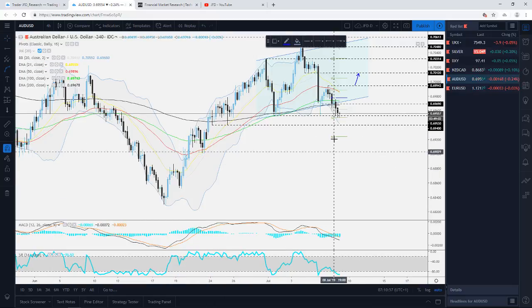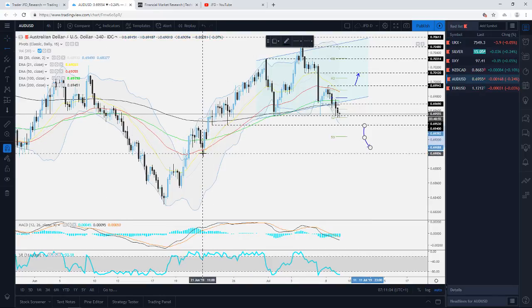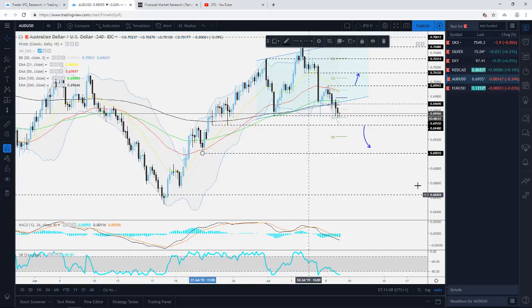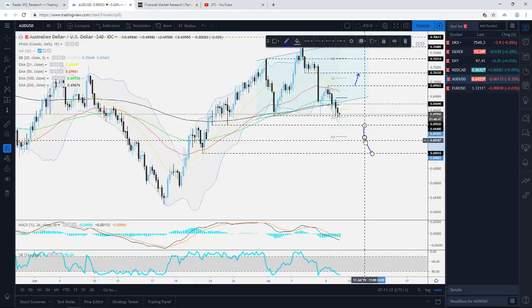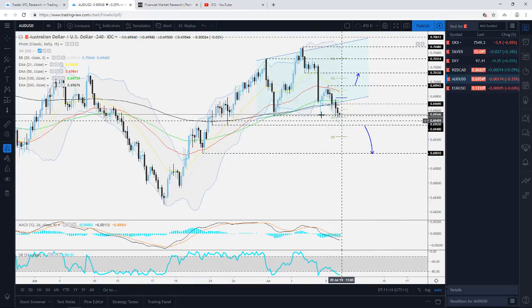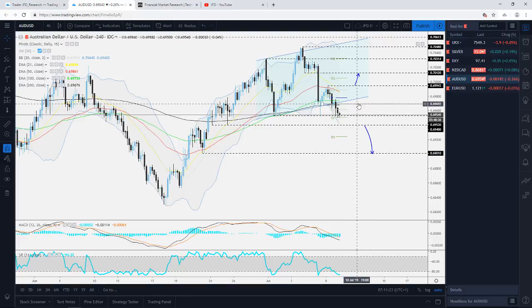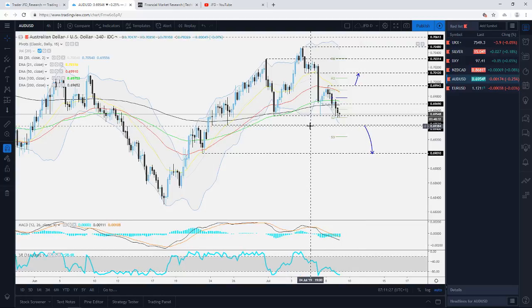We could aim for slightly lower areas here, for example this one, the low of the 21st of June, which is around the 0.69 level. So, a good potential area of support, but again, we need some clearance here. We need some areas of support getting cleared first before we could aim for that area right there. So in a way, let's get rid of this. We no longer need this